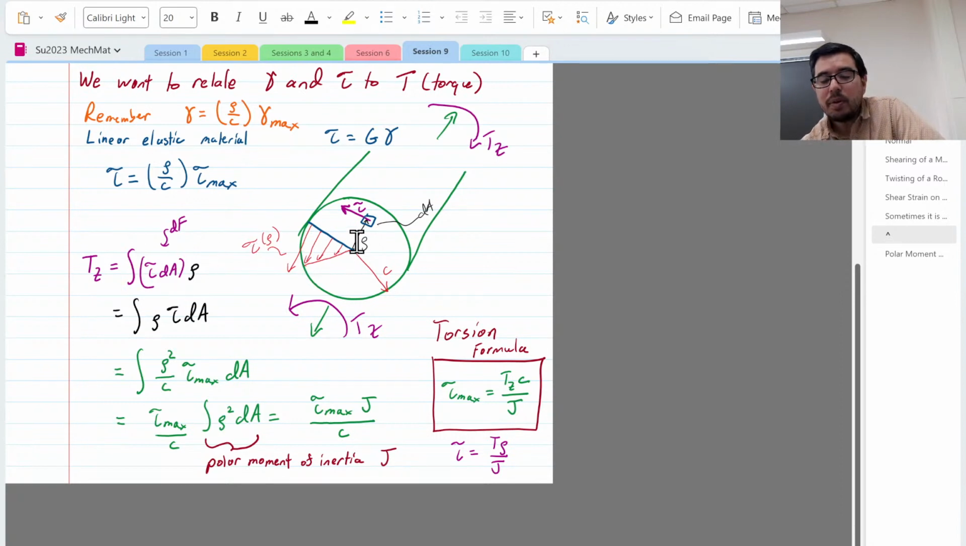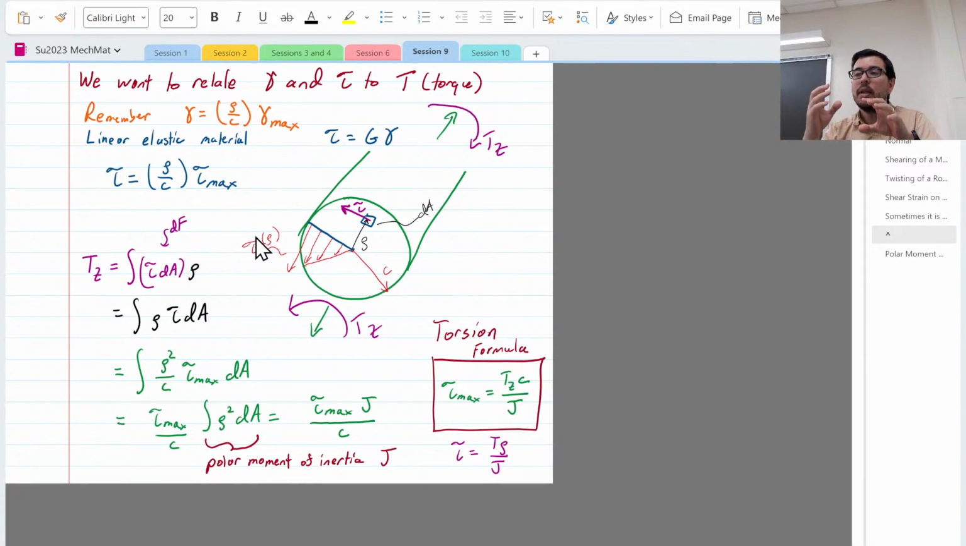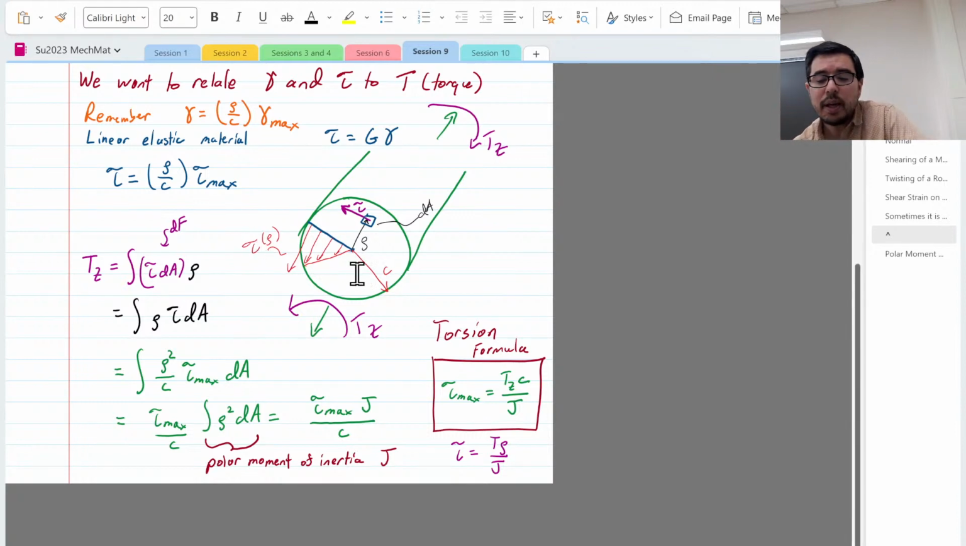And then we can do something very clever. We can relate the torque. This goes back to how we have a torque being applied to the cylinder, and that torque applied to the cylinder is what's causing the twist. It's what's causing the shear strain. It's what's causing the shear stress. We integrate the shear stress